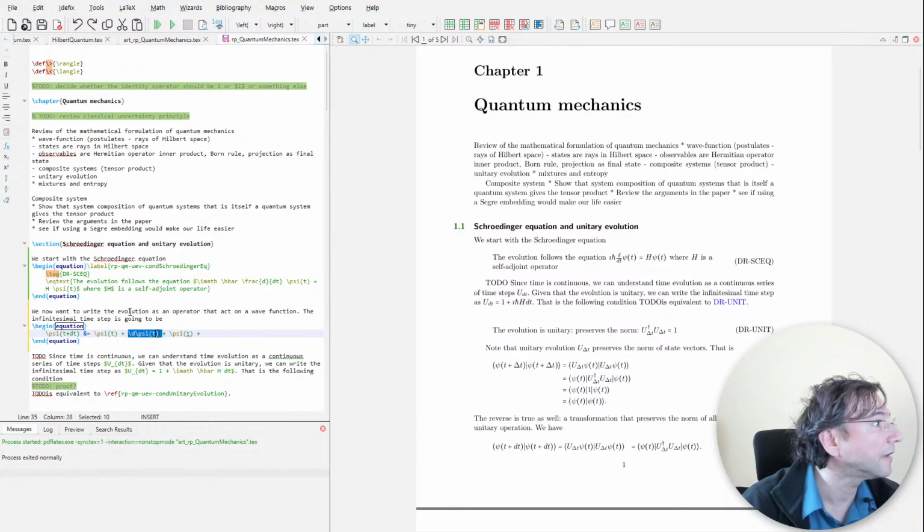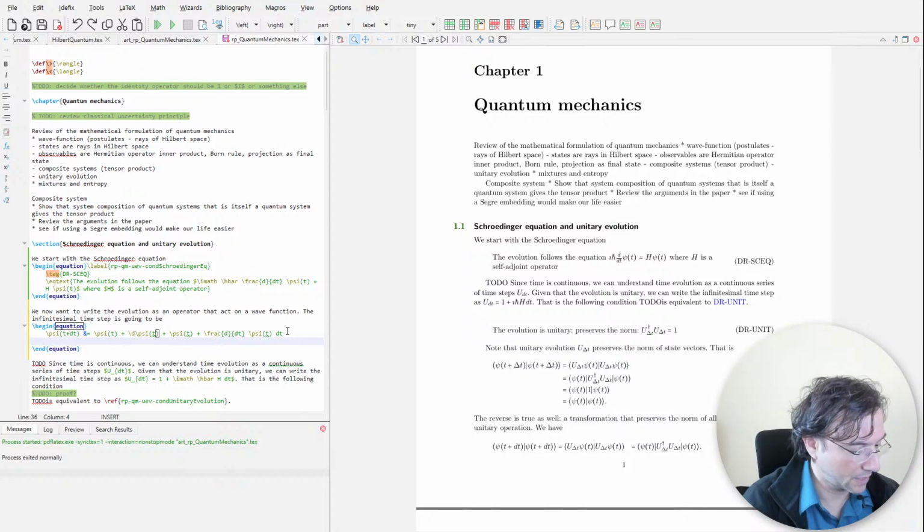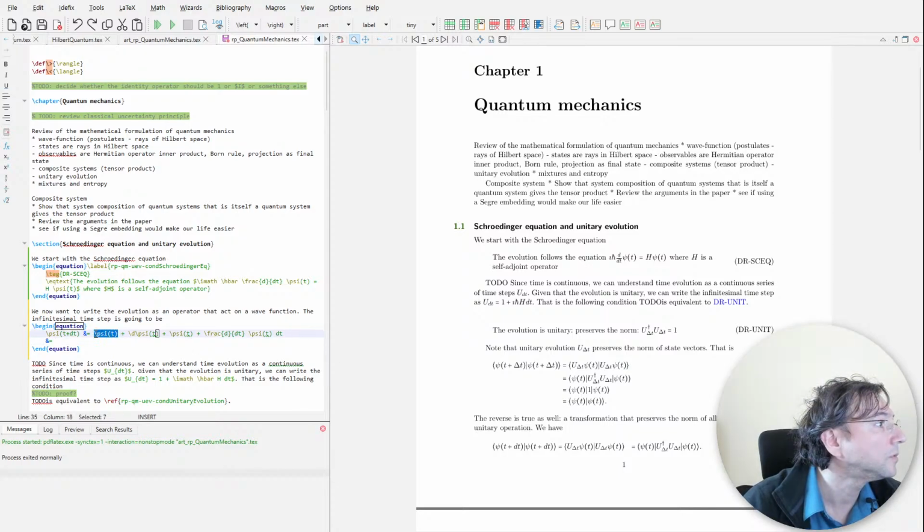Okay, we should have it from the Schrödinger equation, so this times dt, and so this is going to be equal to psi of t